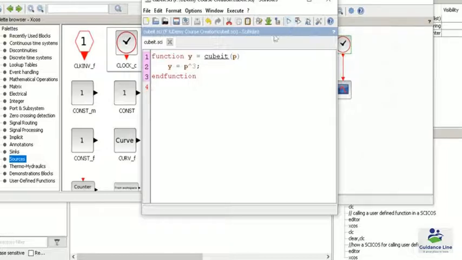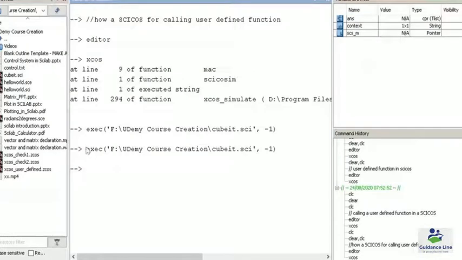As I press this symbol, you can see in the command prompt we have a notification showing exec, which is the exec keyword we have already discussed in function lectures, on how to execute a specific function, and we have got a value -1, which shows there is no error in the function body.